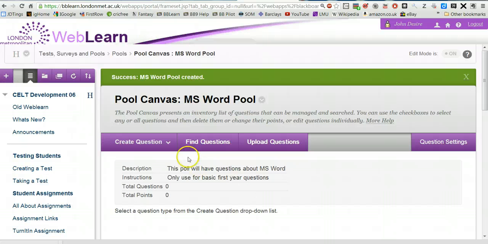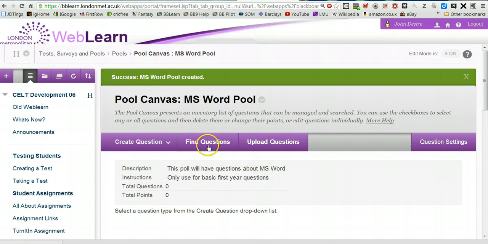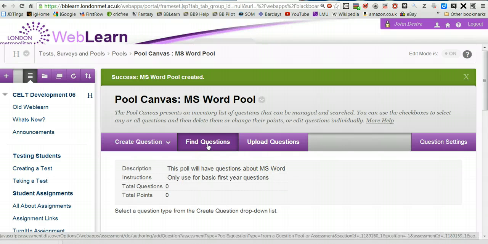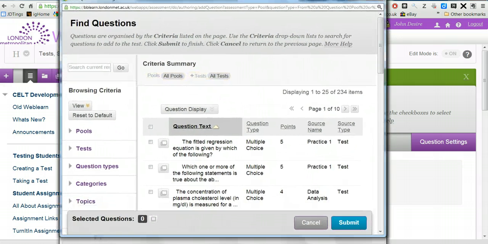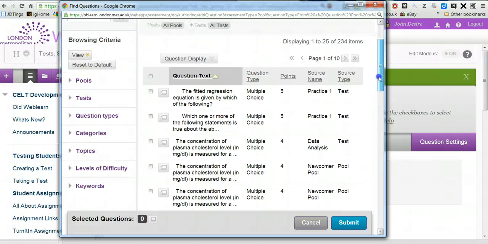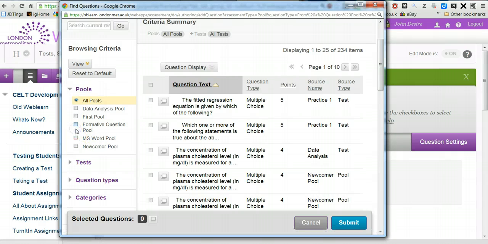Here you have the opportunity to create questions for your pool. If you're not sure how this is done, please see the screencast or the help guides on creating questions for a test. Or you can find questions that you have previously used on your modules. If we click on Find Questions, you can narrow the number of questions that you see. For instance, you can pick questions from certain pools. If you do not want to pick questions that are in other pools, you would click the name of the pool that you've just created,